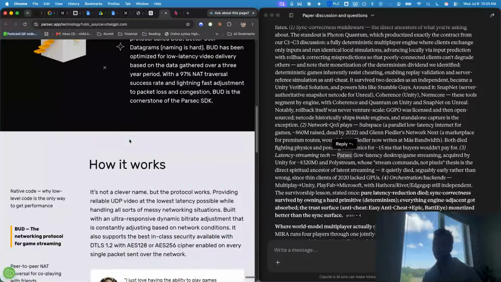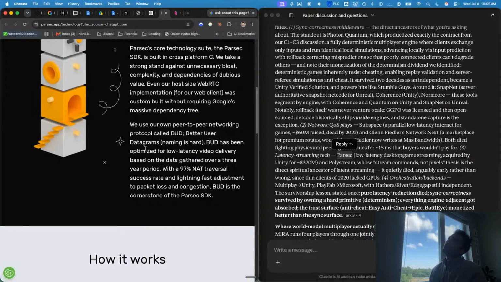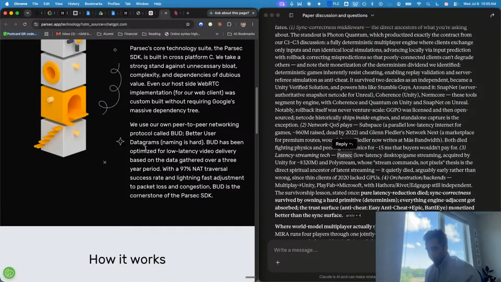So I don't fully understand why that eliminates the need for a synchronization layer. I guess their point is that if you use their network, then you'll have a fast connection to the game server. And so if everyone is using their stuff, you don't need any synchronization layer. But you can't guarantee that everyone uses their stuff for a game. So I don't see how that eliminates the need for a synchronization layer. But anyway,